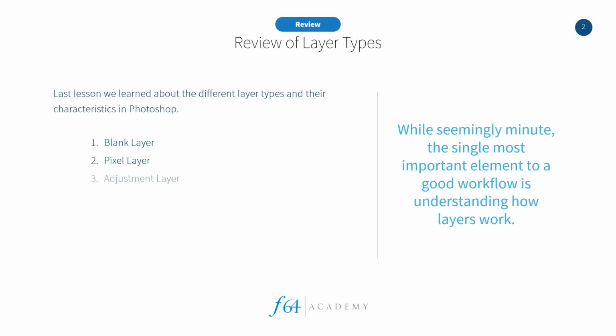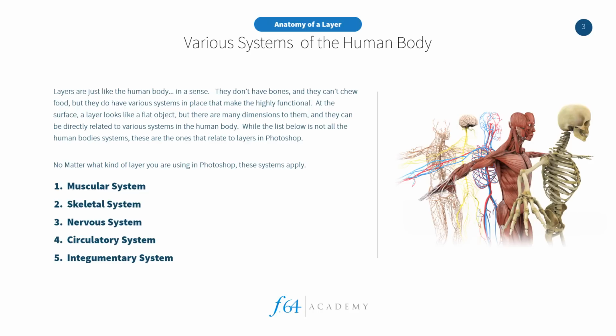So we talked about the blank layer, the pixel layer, the adjustment layer, the layer mask, the vector mask, the smart object, and that awkward social gathering of the layer group. So layers in Photoshop are just like the human body. Now, they don't have bones, they can't chew food, they can't put that food in various places, but each layer has things that happen inside of it that allow it to do the things that it does